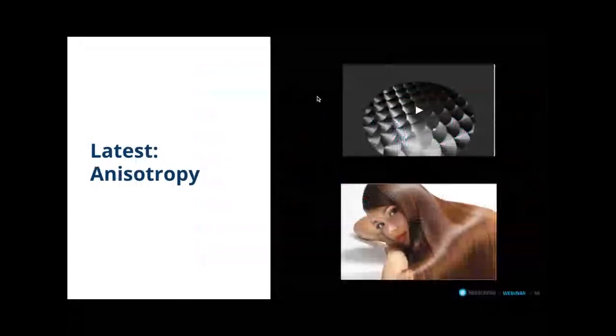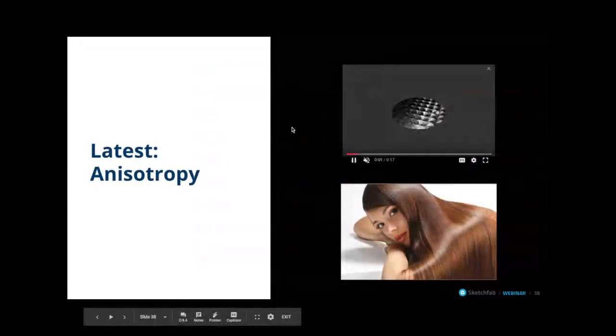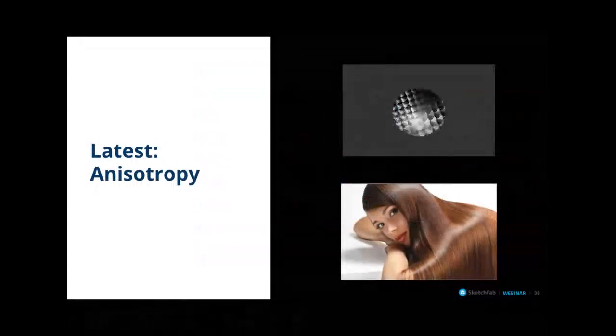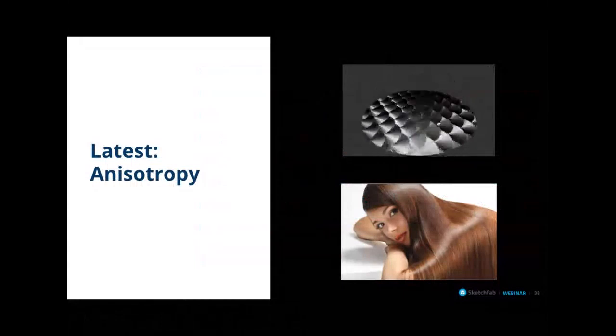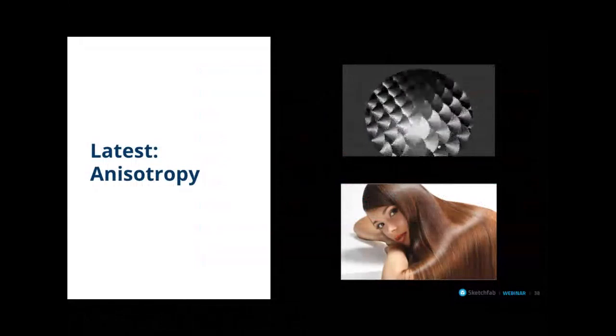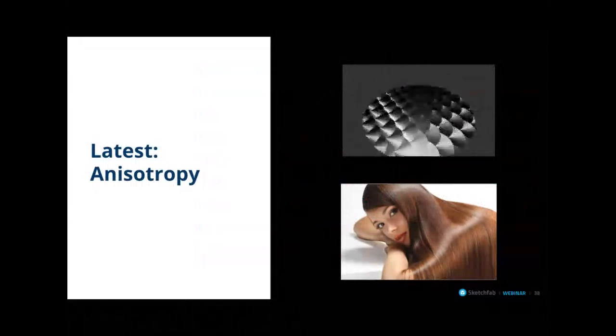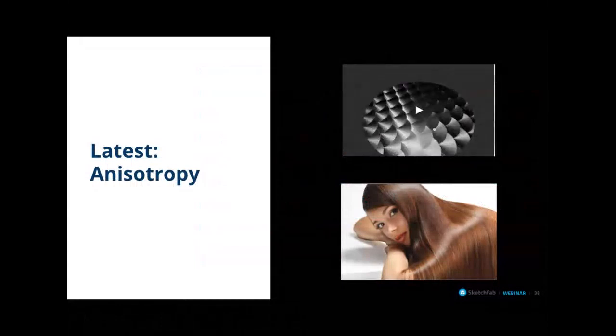And then finally, this is quite frankly kind of an arcane example, but I thought it was a good one to share. This is anisotropy, which is a rendering technology that allows us to render very specific ways in which light reflects on particular surfaces, like the sheen that we commonly see on hair, or the radial reflections that you would get on a compact disc, or something like a frying pan. Again, very specific use case, but the two things I want to note here is that, one, this came through, again, through conversations with our branded clients